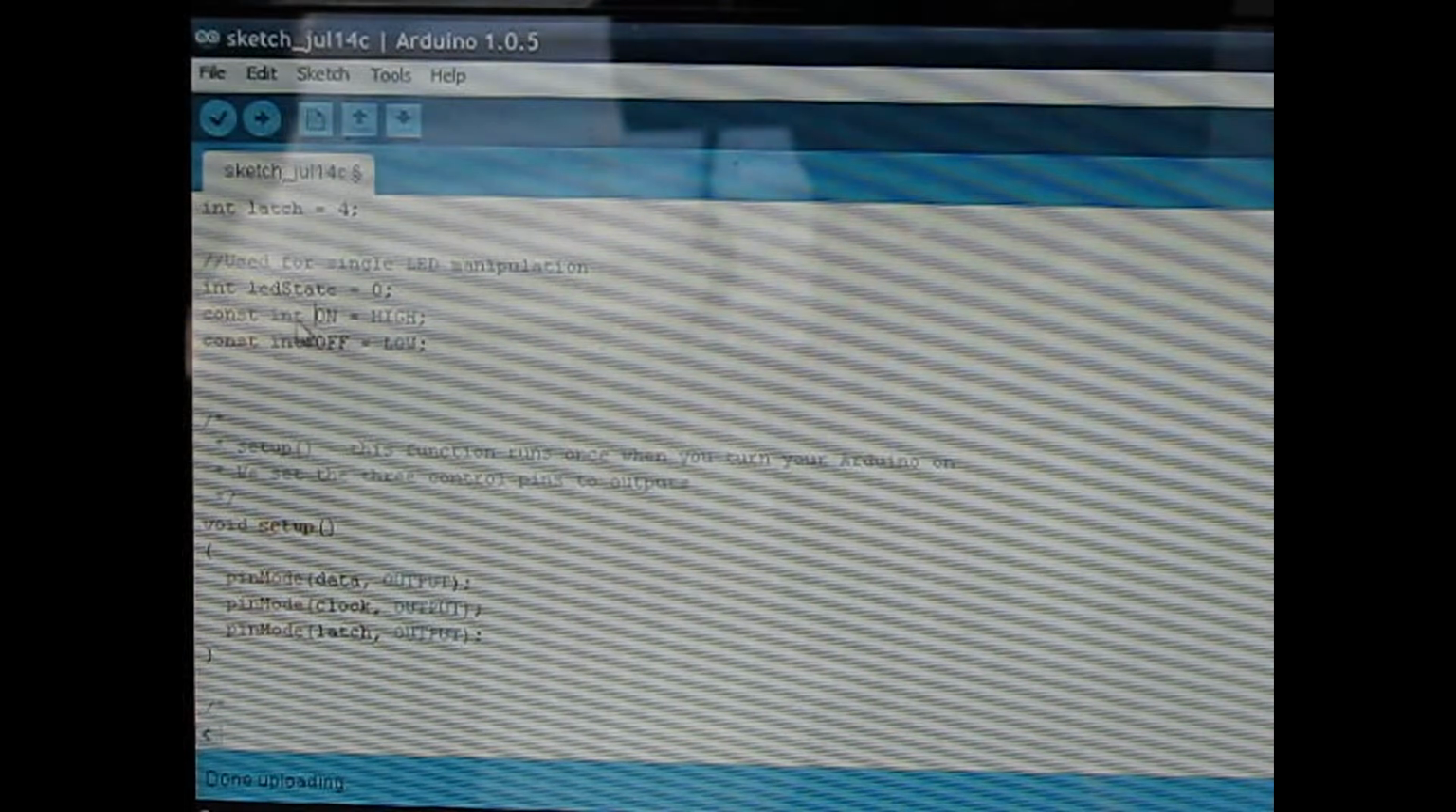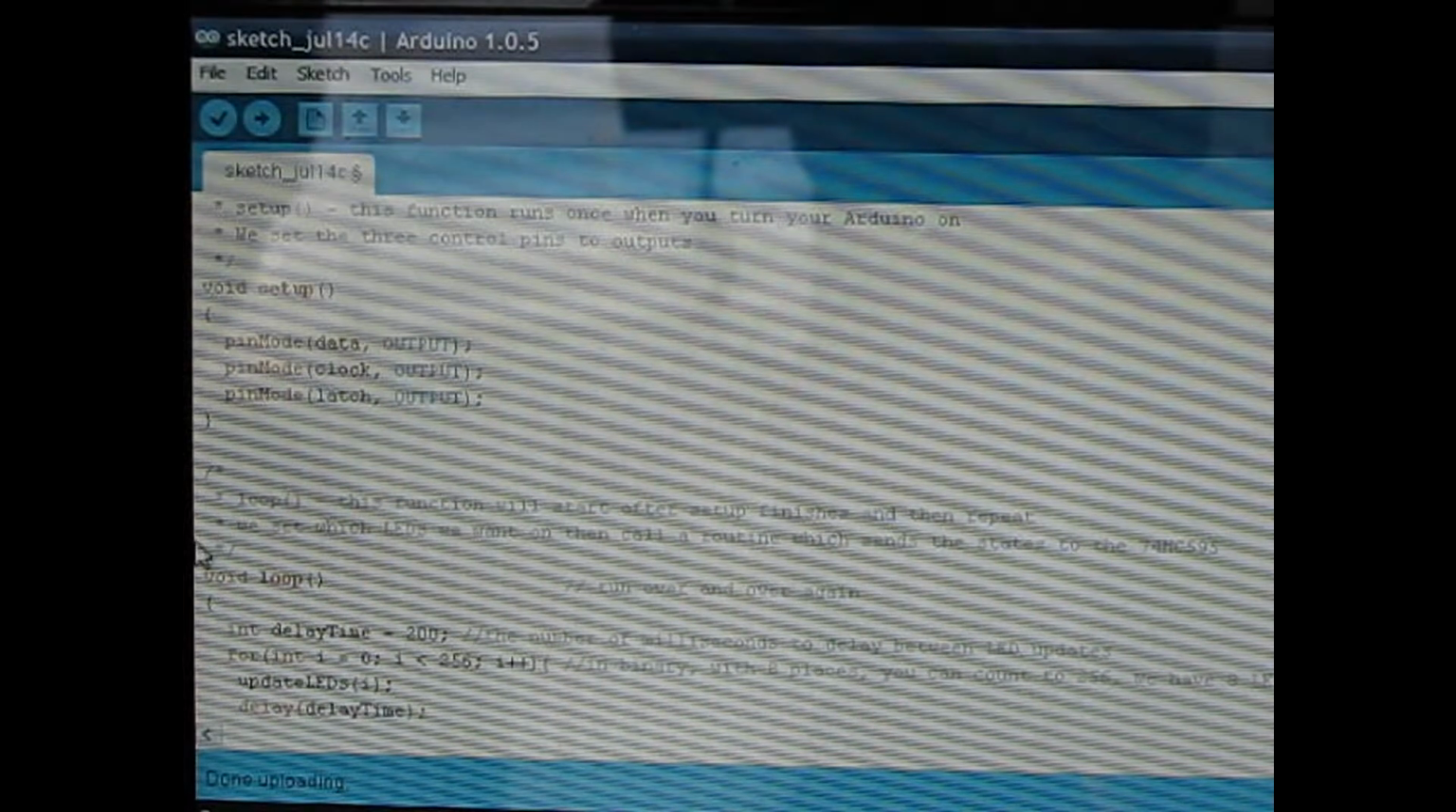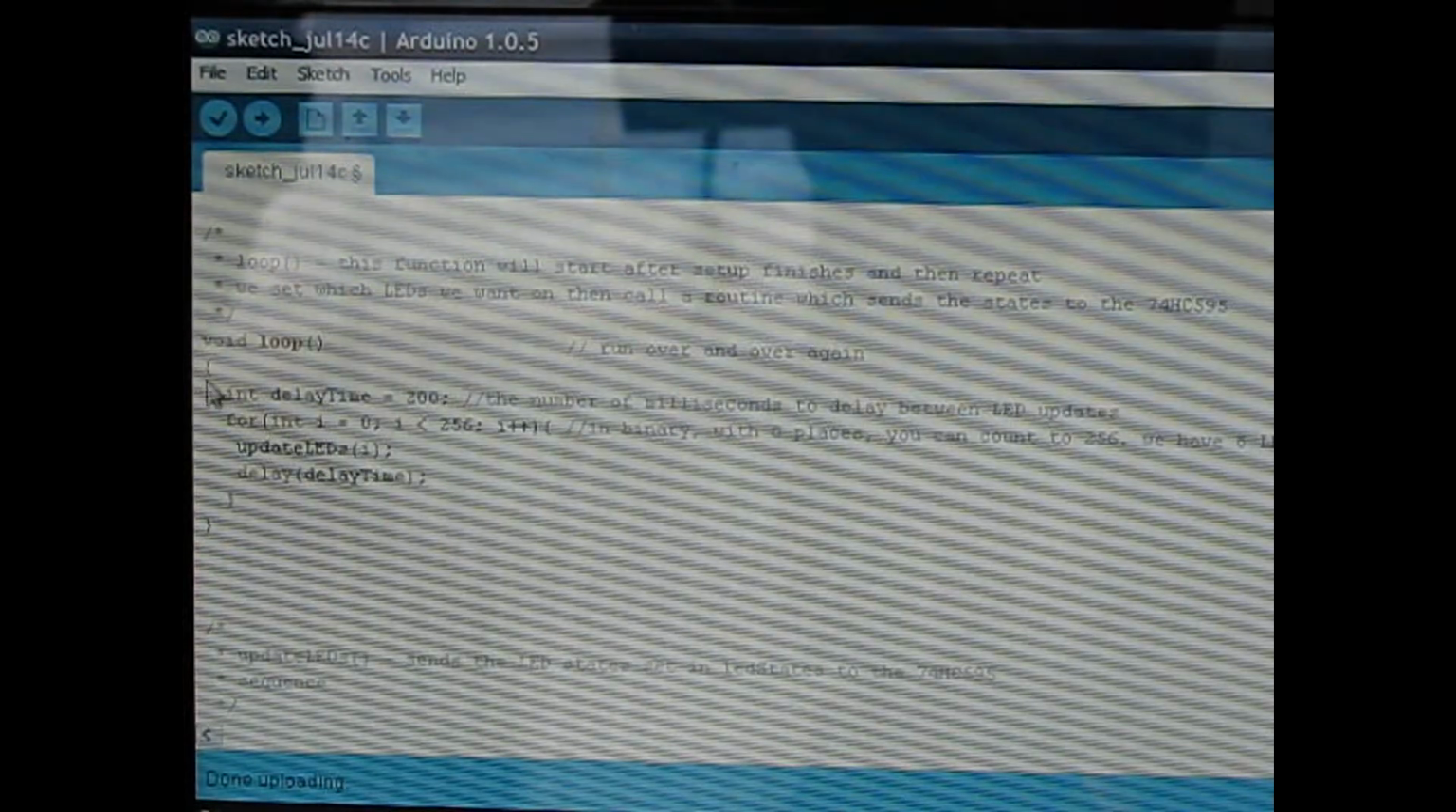Then here we have set up for the LED manipulation. LED state is another integer we've introduced, and here we have const, or constant integer, and then this on is set to high, off set to low, and this const keyword here sets this integer so that it's unchangeable. No other piece of code can change it. In void setup, we set the pin modes as outputs. Then the void loop, this first